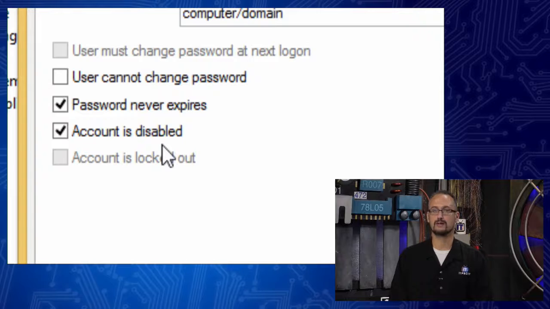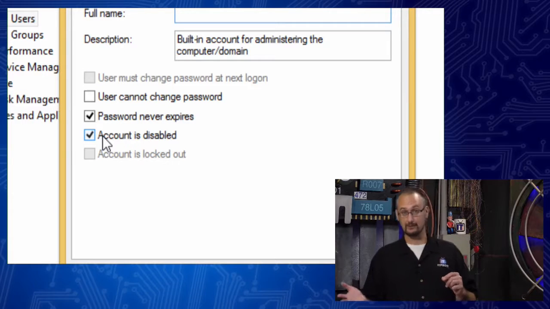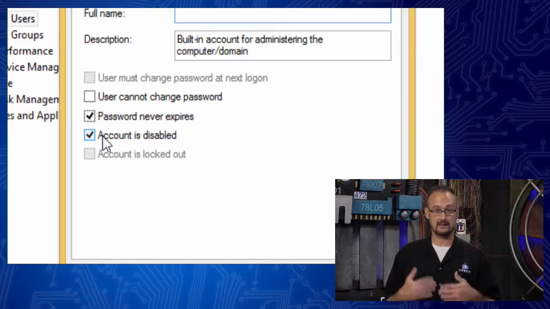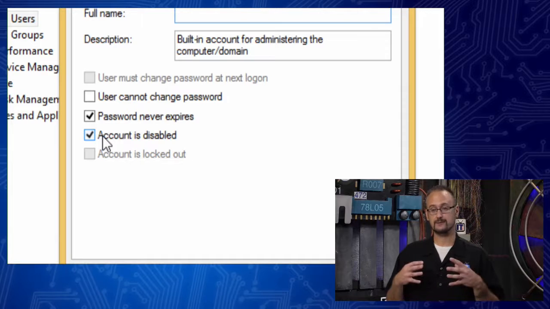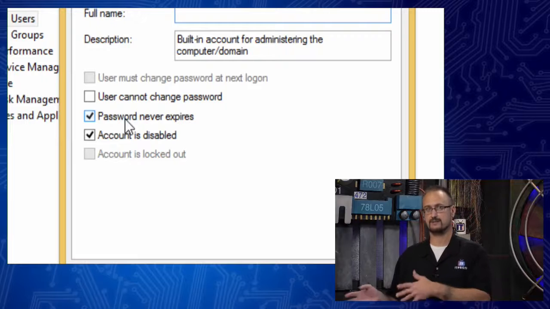One of the things inside of Windows is that when you have a user account, you have what is known as a security identifier, a SID. It's a long string of characters, and I don't even know if I can show you one at this point. Sometimes they show up, sometimes they don't. That string of characters is what the operating system uses to identify that user. The important thing to understand is that inside of Windows, the default administrator, going all the way back to the days of XP, when it wasn't disabled like it is in Vista and beyond,